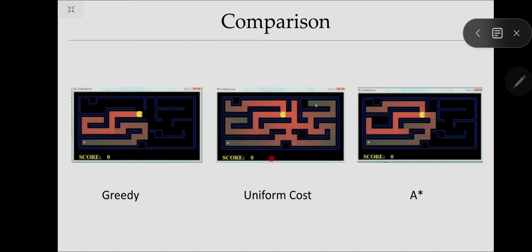Thus, if you prefer to find a solution without guarantee to optimality, greedy algorithm is good. If in your task the quality of solution is important and you need to guarantee to find optimal solution, I prefer to use A*. If you have not any information to define the heuristic